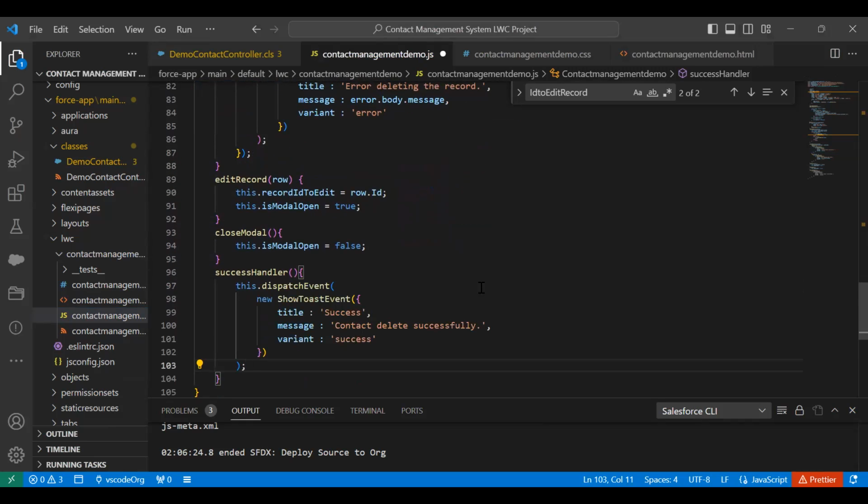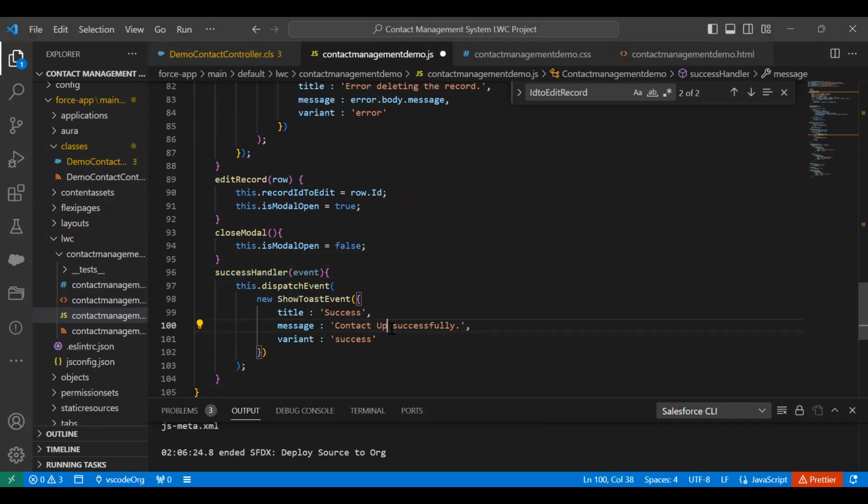This will have an event, so on the success of the record edit form, this event will be dispatched and it will show a notification